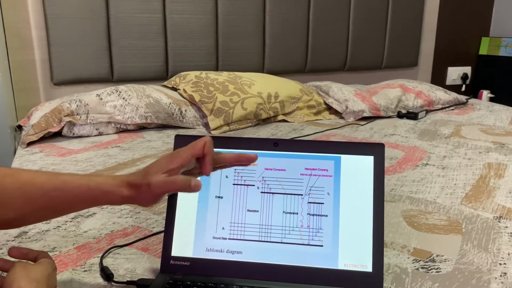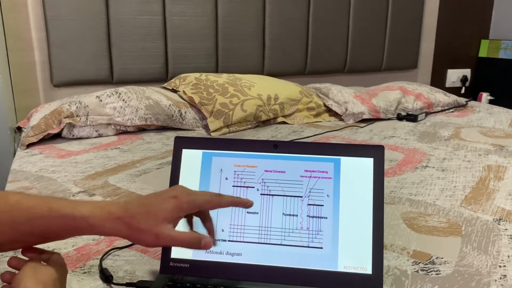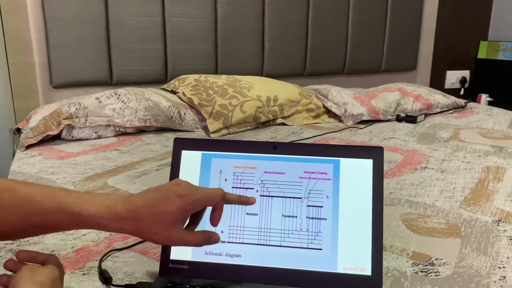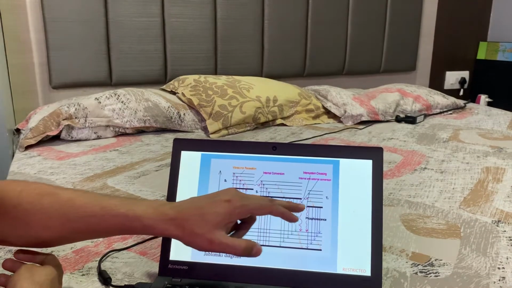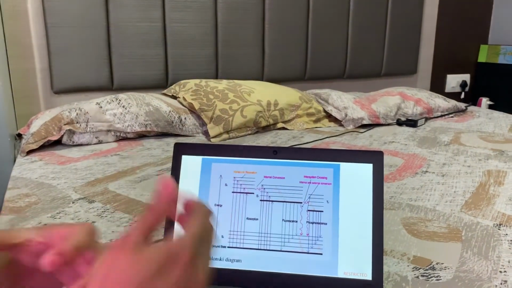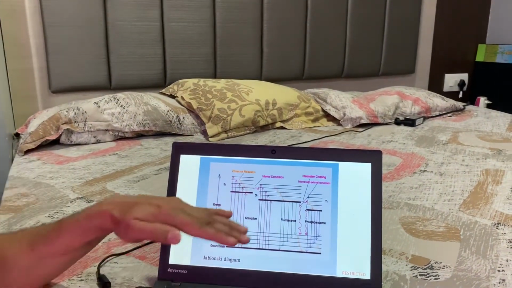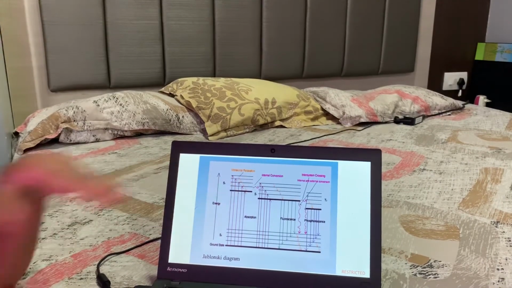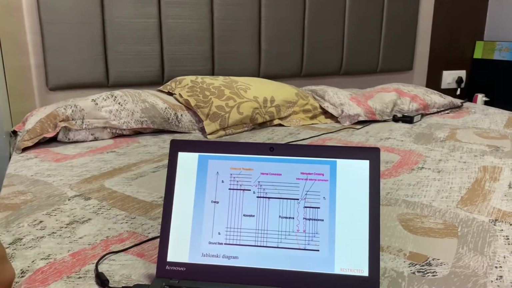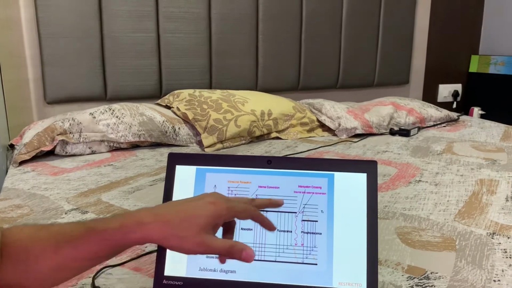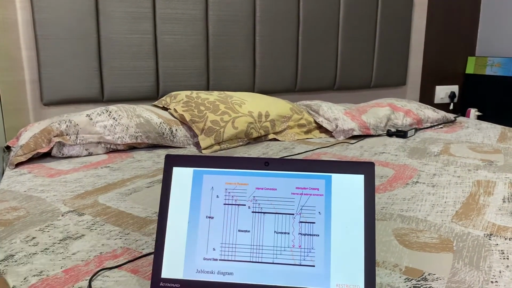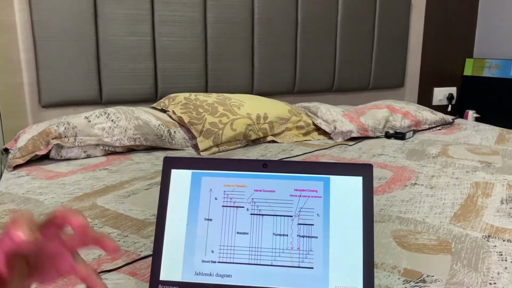During the internal conversion, again there is a relaxation to the lower state. Now it returns to the lower state, and in most cases there is a relaxation process in the form of vibrational relaxation, internal conversion, fluorescence, phosphorescence, and intersystem crossing,